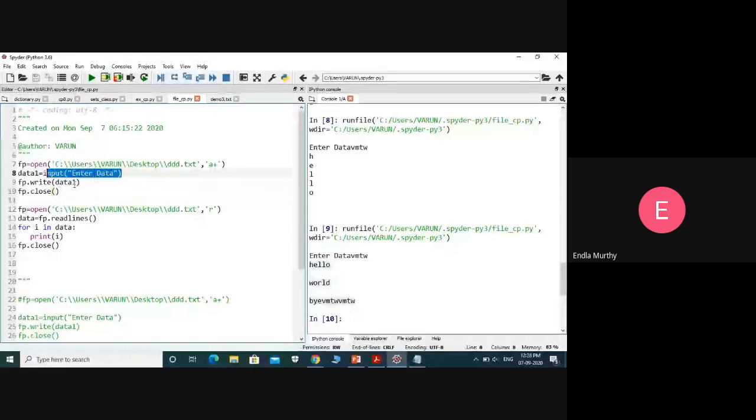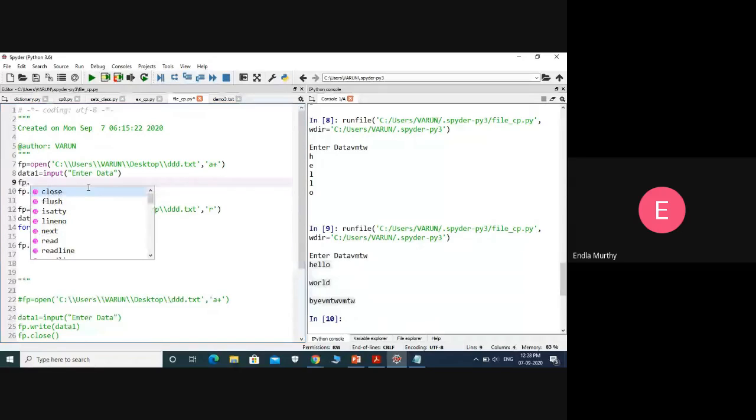For reading we have read, readline and readlines. For write also we have multiple functions, but let me discuss them in the upcoming classes. Write and writelines. If you want to write multiple lines, we can use writelines also. As I am writing on a single line, I use write.